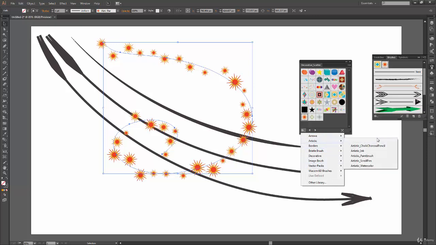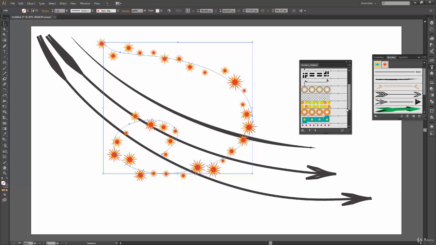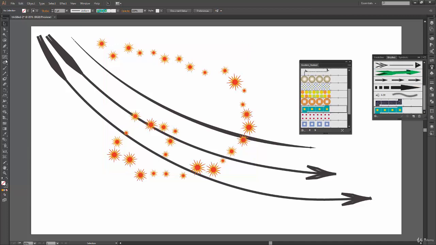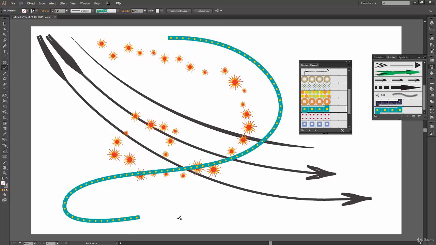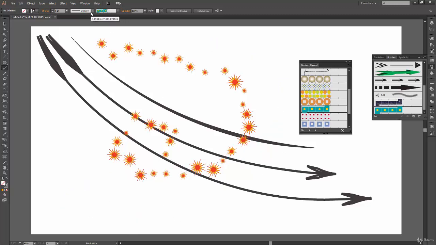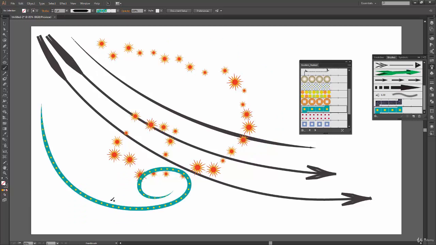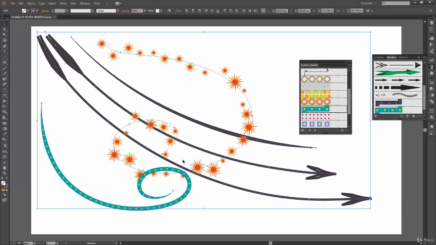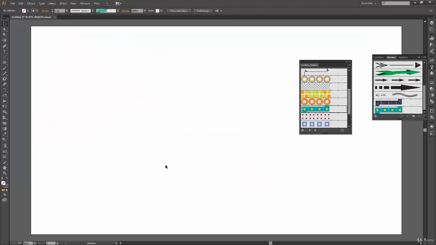Some more libraries, like artistic, or decorative, no, not decorative actually, borders. Yeah, in borders you can go to dash ones and all this. Let's say I select something like this, and now let's draw using a brush tool. So you can see I have a line like this, and it's really cool. I can experiment with different width profiles, and I'll achieve a result like this. So all these libraries are available to us, and we can use them anytime with any kind of stroke, or when you're using the brush tool.